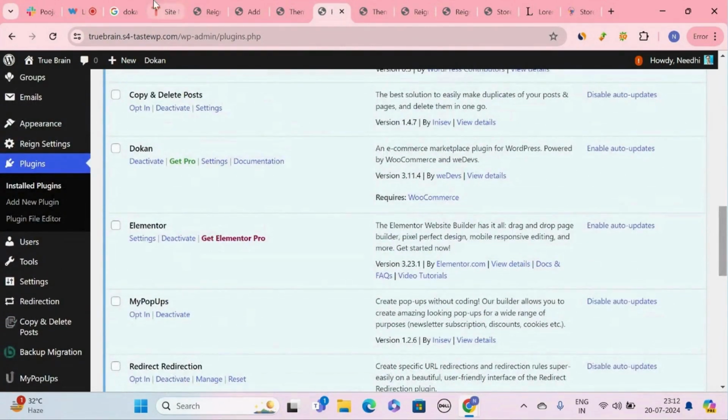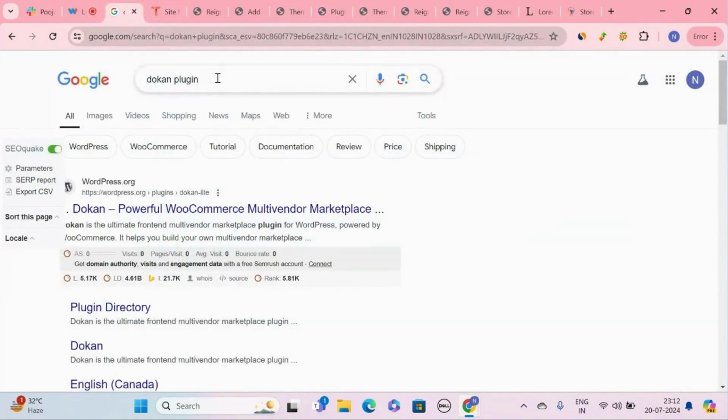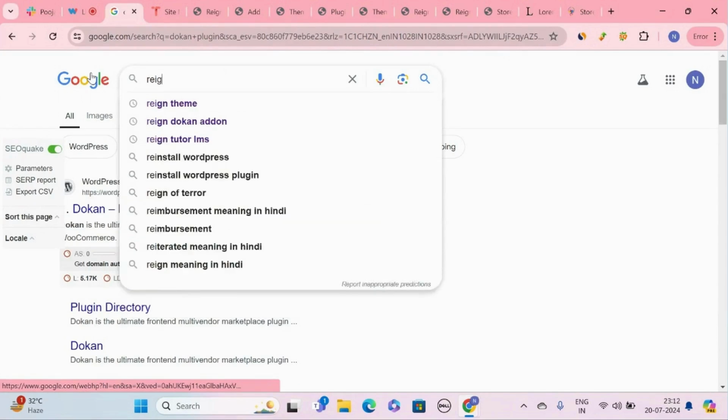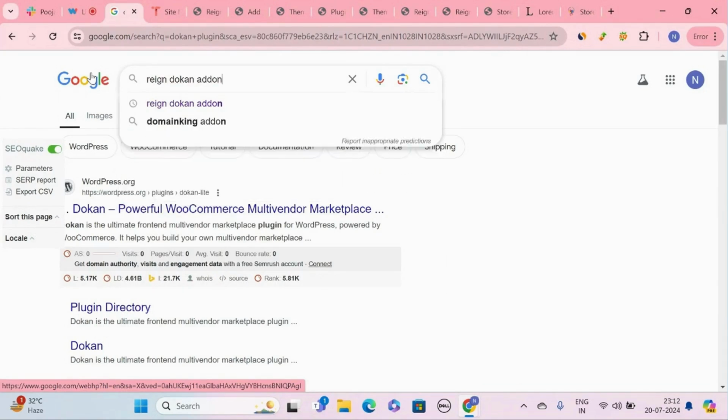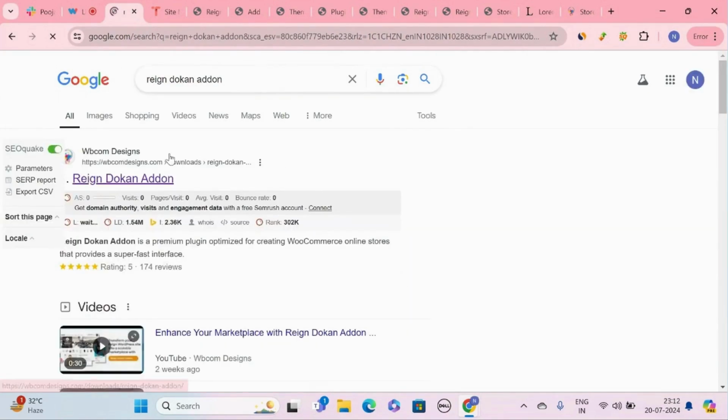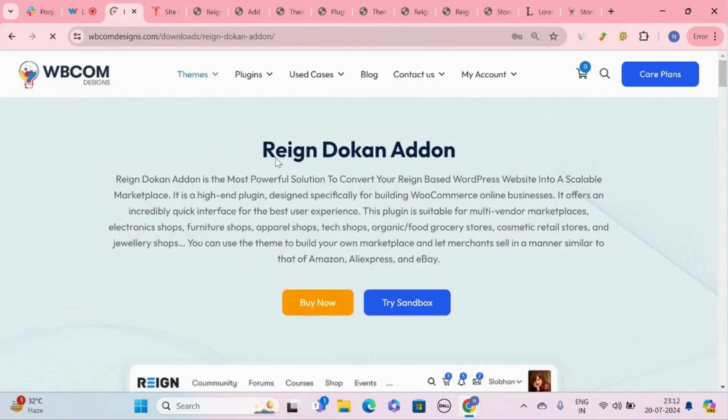Next you need the Rain Dokan add-on. You can purchase the plugin from here. Once the plugin has been purchased, you will get it in a zip format.